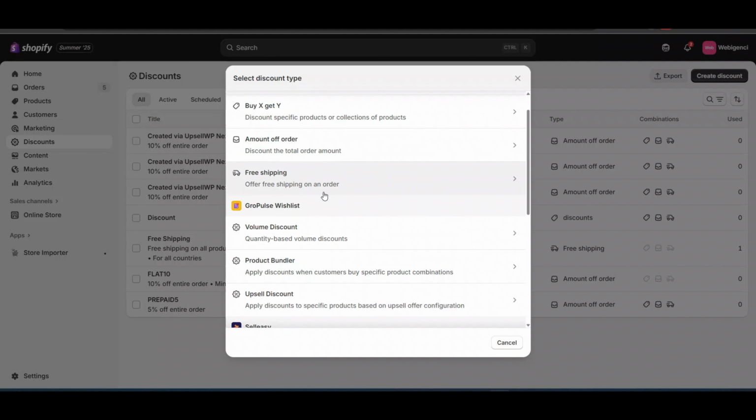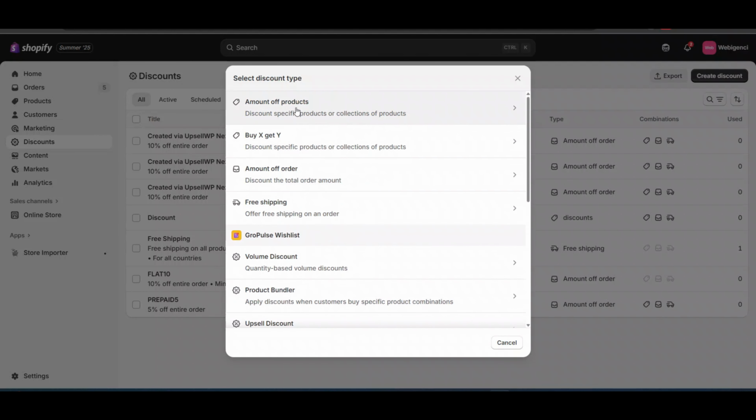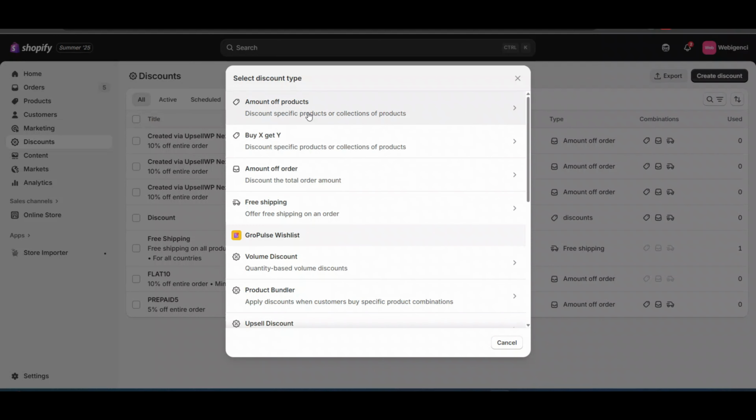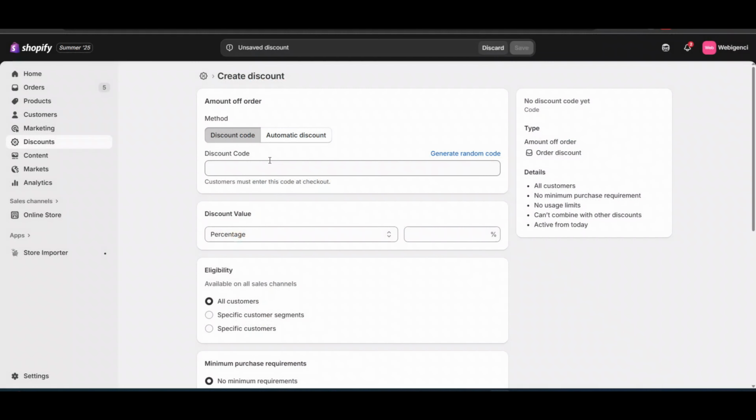Now, what type of discount do you want? Here are multiple discounts. These four basic discounts you will get. These are some additional plugin discounts that you will not get as of now, like amount off order discount. Now there is a discount code you can generate here. Generate a random discount code. You can add something like dish 30, whatever you want, and there is another option of giving a discount without creating a discount code.